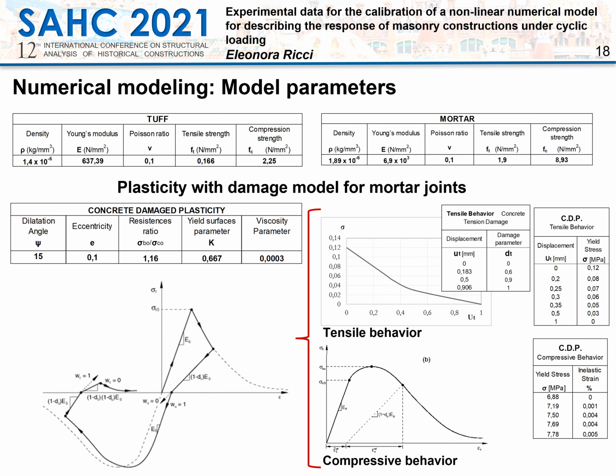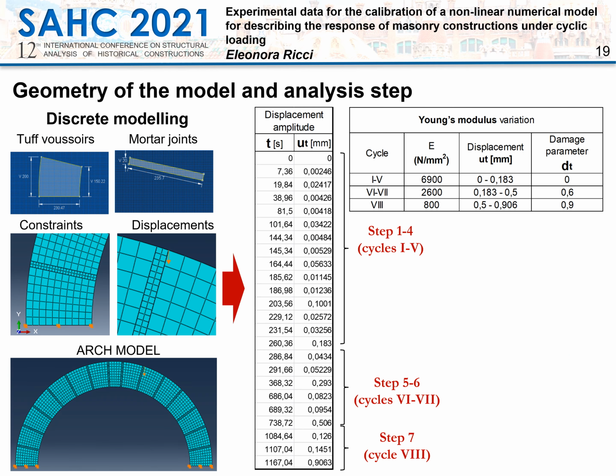For what concerns the tensile behavior, a bilinear softening law was chosen for a more accurate description. The calibration of this law was performed starting by literature data on the fracture energy, with reference to the observed response of the arch. For the description of the damage, the same approach employed by Scacco et al. in 2020 was adopted. In this slide, the geometry of the model and the adopted mesh are displayed. For taking into account the damage, the parameter has been changed during the analysis, and every time the analysis has been restarted.